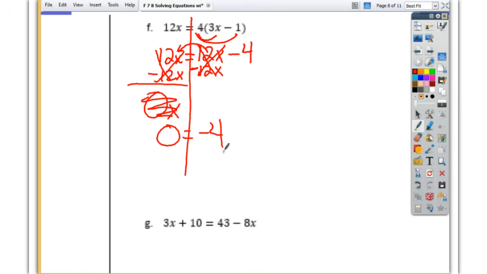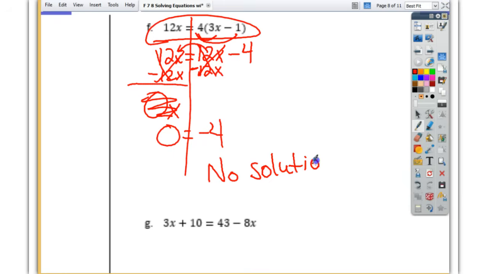So some people held that up, and I said, so far you're right. So what does that mean? My variables disappeared. That is not a balanced scale by any means. So what is this? Infinite or no? No number. Not any number. You cannot come up with a number. There's no number to make that equation true. That's a bad equation. No solution. There's no solution to that equation. All right, so you can start your